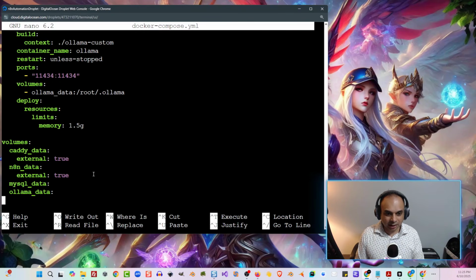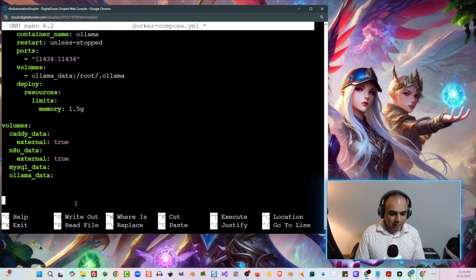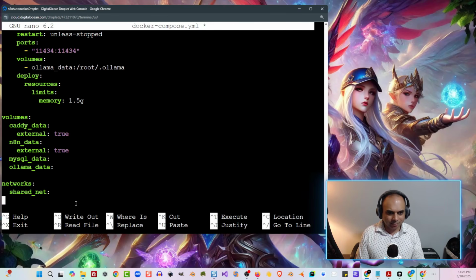So inside of this file, we're going to be adding in a set of networks. A network that's going to be amongst all of them, and we're going to bridge it all. To do that, we're going to add in a command inside of our Docker here called networks, colon, right under the volumes here. Hit enter, and let's go a few lines in. We're going to type in shared underscore net. We can name it anything, but I'm going to call it shared net. Hit enter, and then space, space, space, space, and then we're going to call this driver, and it's going to